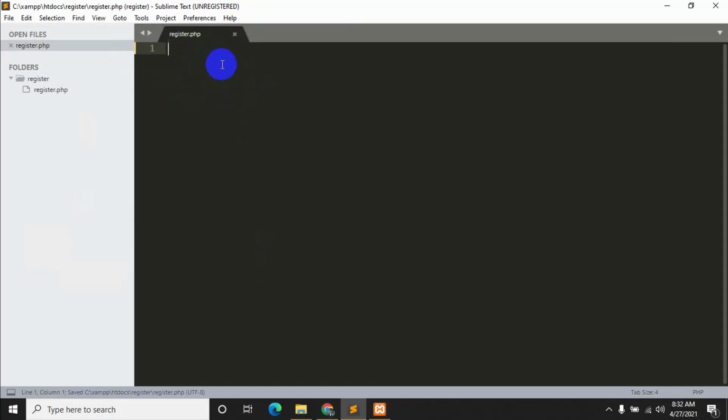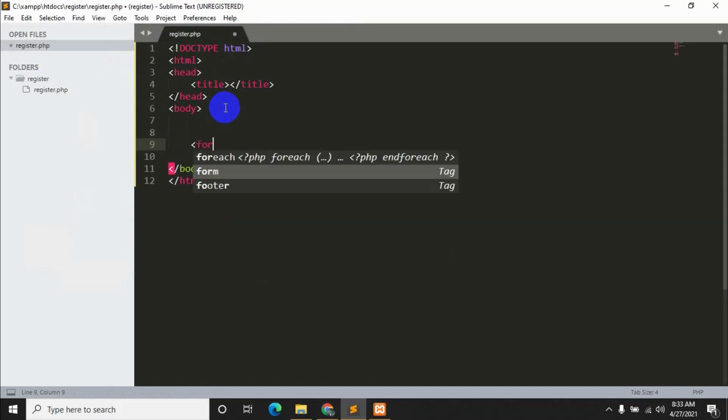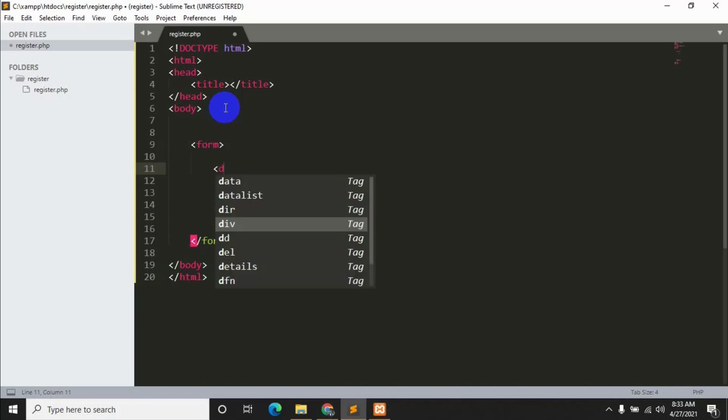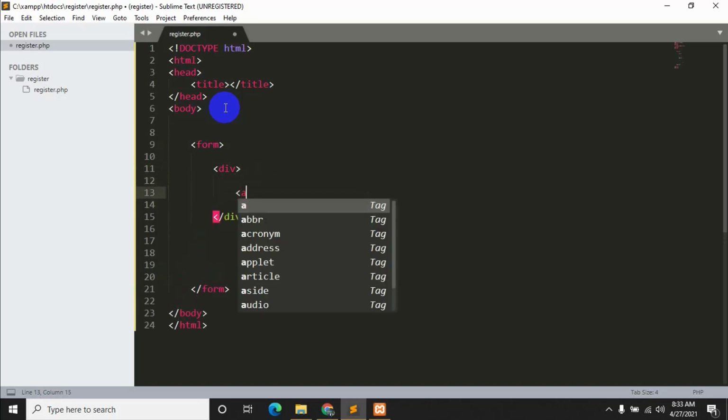Okay. So let's say over here HTML, and inside this body, let's say form, and inside this form we are going to write username, email, and password. Let's write a division first, and inside this division we are going to write label.